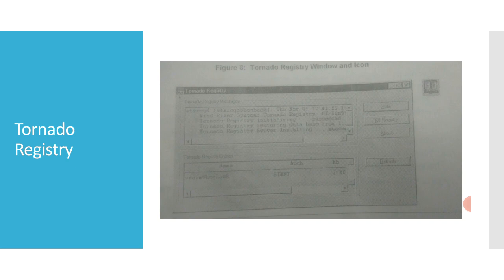The registry associates a target server's name with the network address needed to connect with the target server. You can see the registry indirectly through the list of available targets. The Tornado registry need not run on the same host as your tools as long as it is accessible on the network.